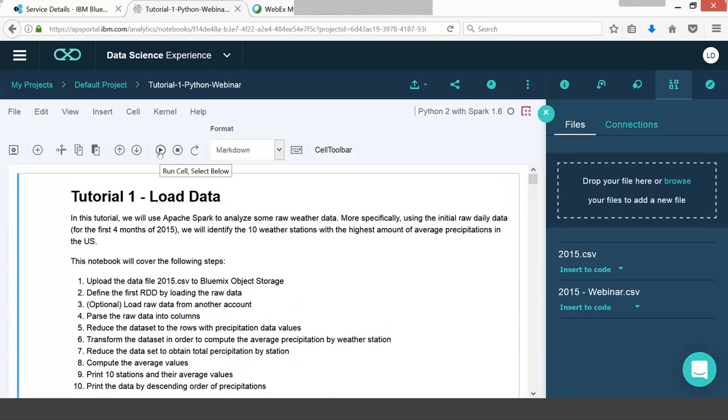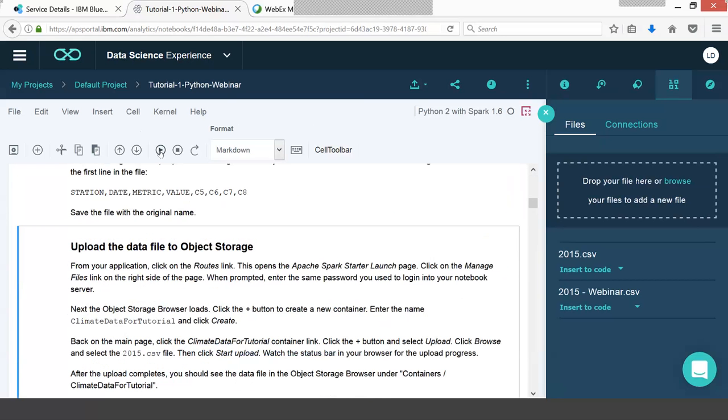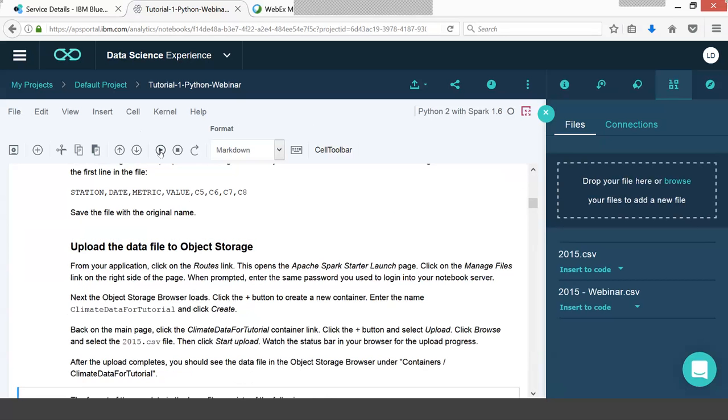So you would run a cell at a time. You can just click on this one. It would straight go on to the second, because as you know, this is just information cells. That's nothing much. Now upload the data. Once again, this is the information cell. So click on that, and now it has gone to